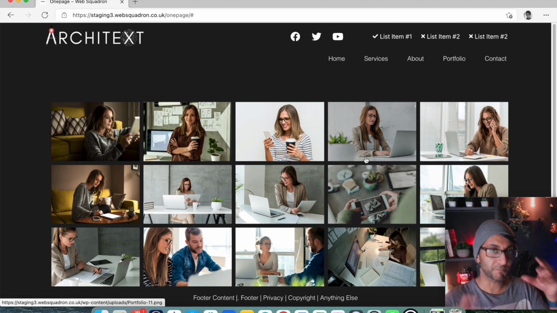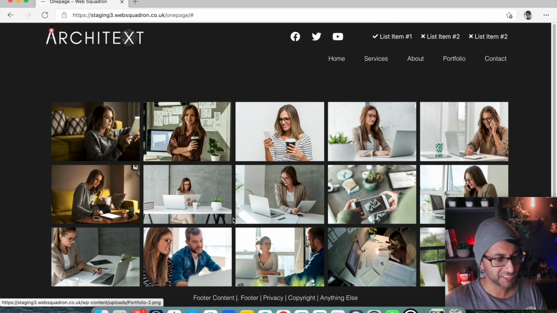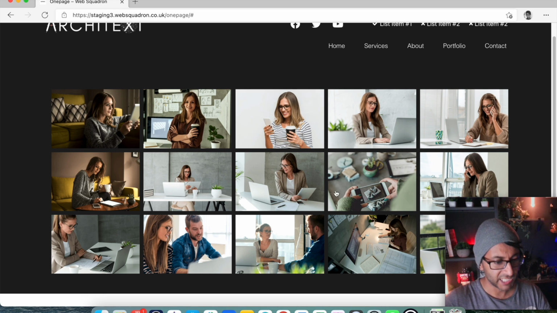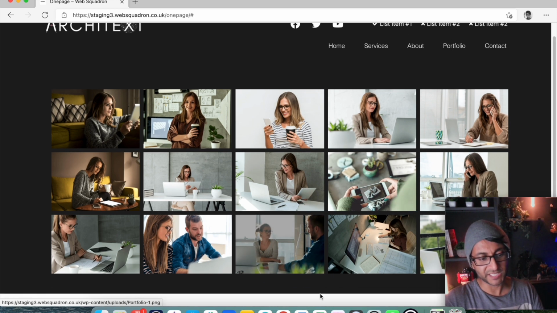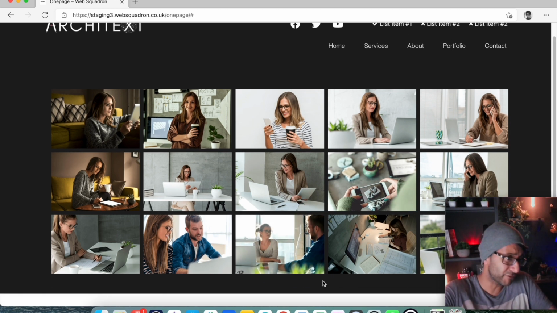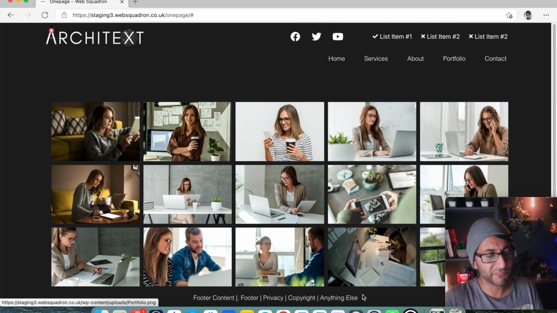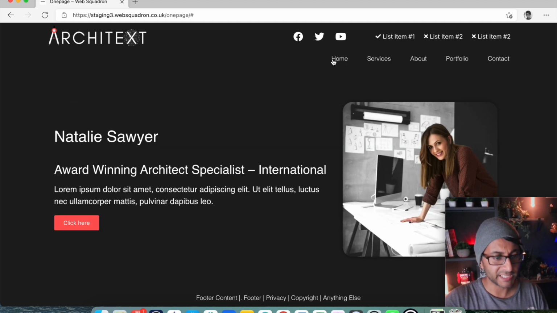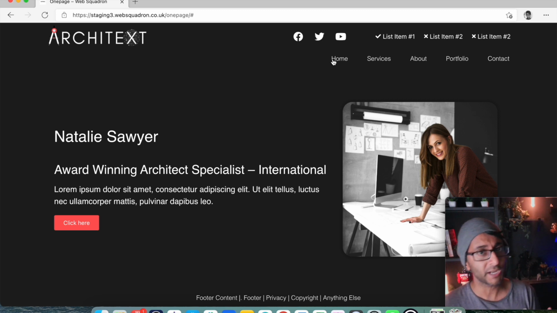That's because I need to just modify how big the status is. So I think I need to get rid of the spacing or the padding for the gallery, okay? But once I've got that right and you've tested it, you should not have this, okay? So excuse me, because I've rushed it a little bit. But if I get rid of the padding above the gallery and I make sure there's no padding within that widget, we should be good to go. But this is how you can create a one page,